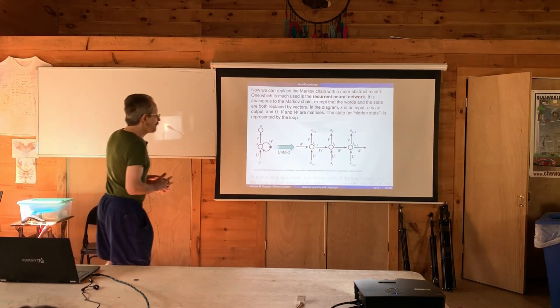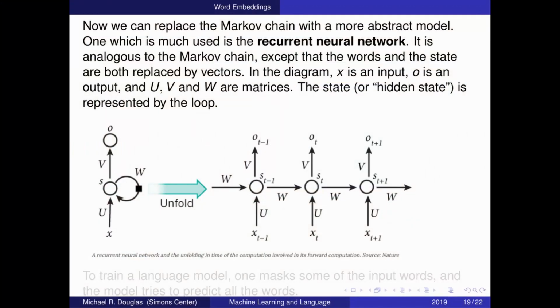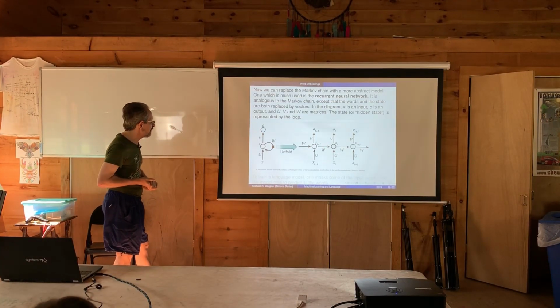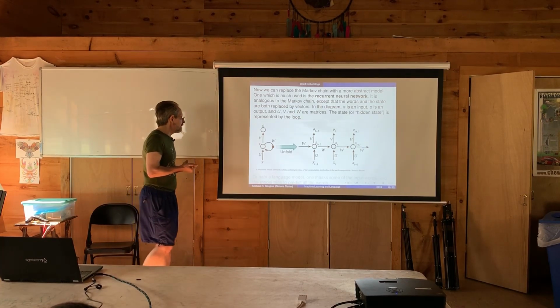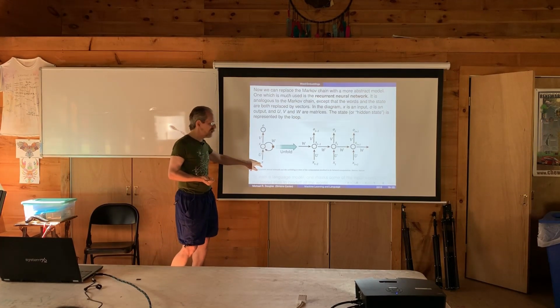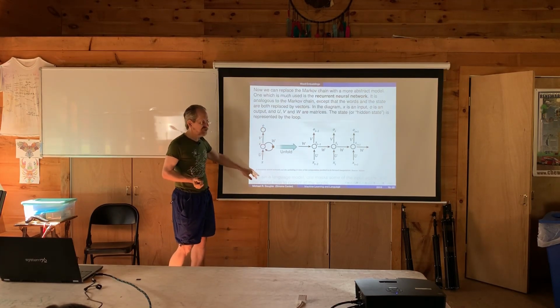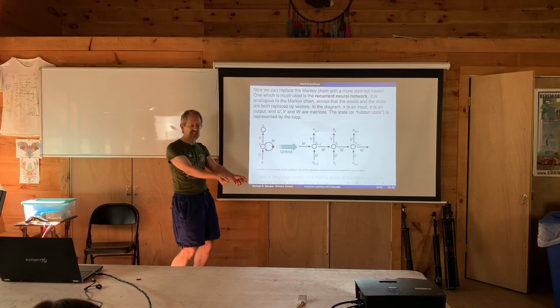So that's a crucial step, the word embedding. And then you have to start shifting over. You want to do something like the Markov chain that picks words according to probabilities, but now you have to translate it all into these vectors. And so again, these are kind of the basic machine learning models that people use these days. So the task might be: put in a word, and we're going to try to put out a word. You might try to predict the next word. That's a very typical thing.